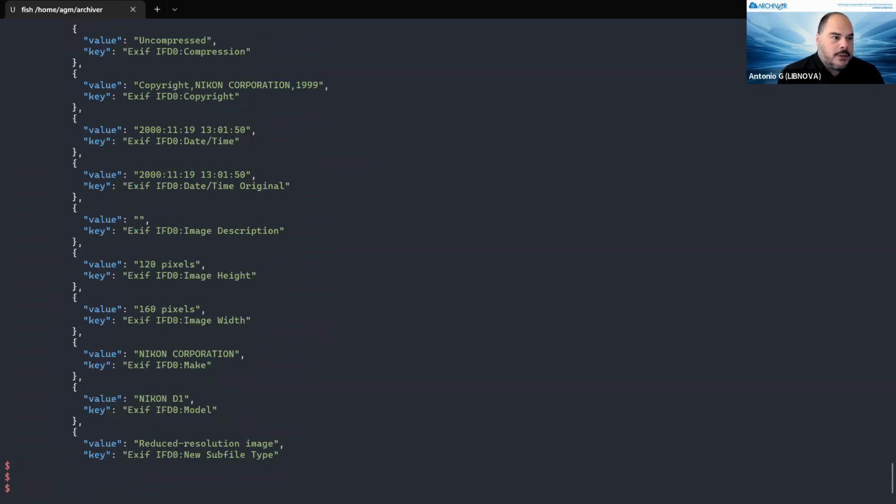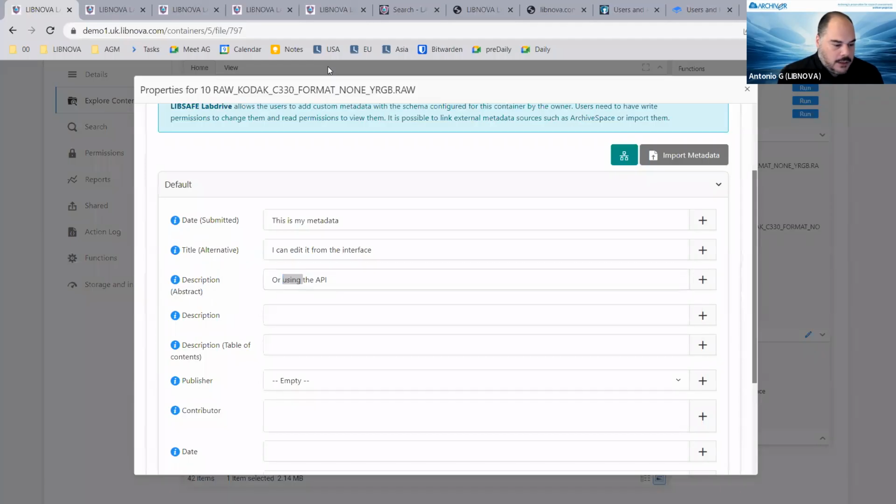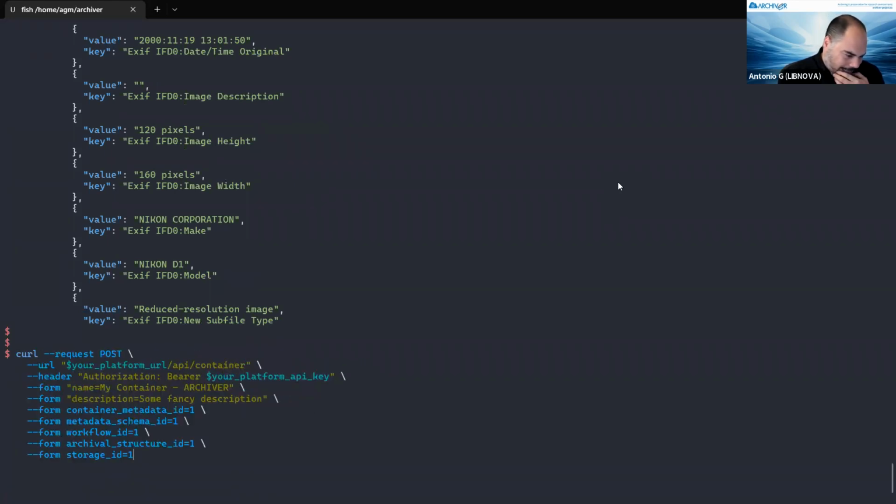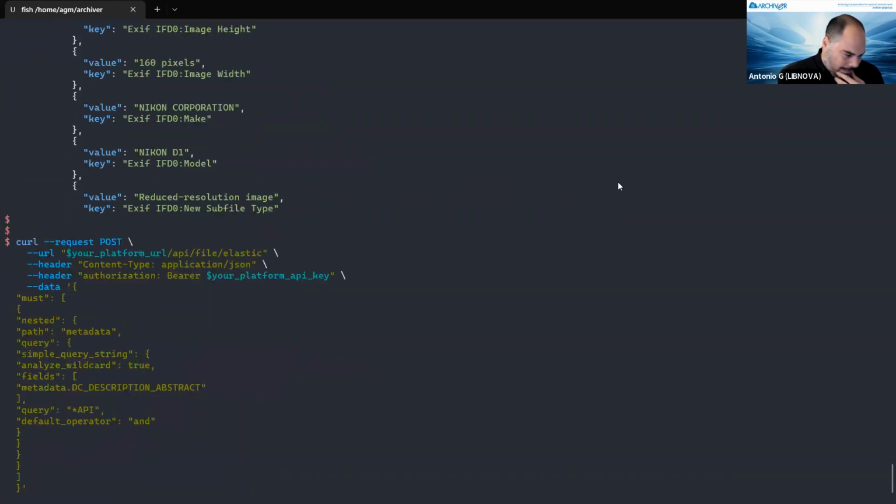So you can also do that in a more specific way. What happens if you are looking for a specific element of your content? For instance, I think I have container. Yes, this will work. So we are searching here for anything in any container in the platform that in the metadata DC description abstract